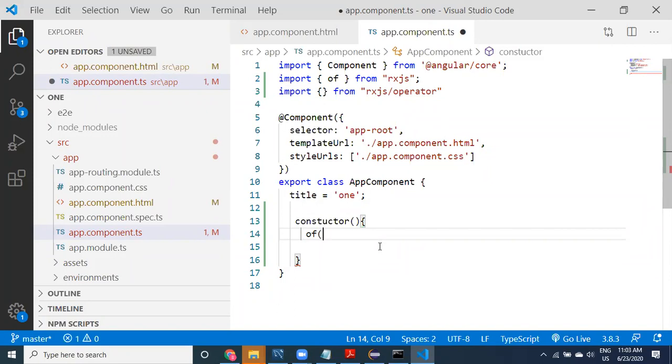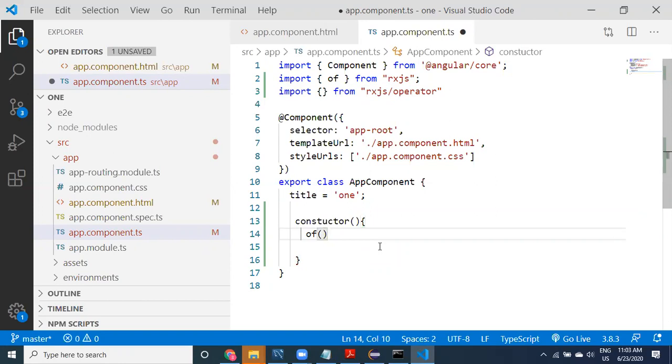Generally we use these operators when we have a long running operation. I want to do some operation that should run in parallel and should not block other operations.